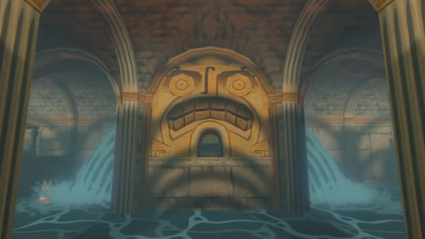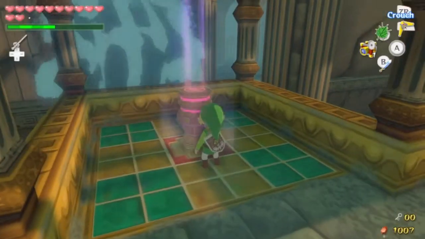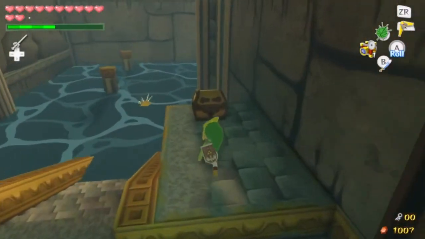And we can see a doorway behind it. But in case you didn't see it then, the camera zooms in anyway, just to really, really hammer the point home. So that's awesome. We'll grab this chest quickly, because it contains...